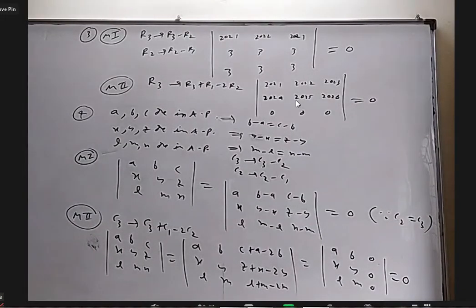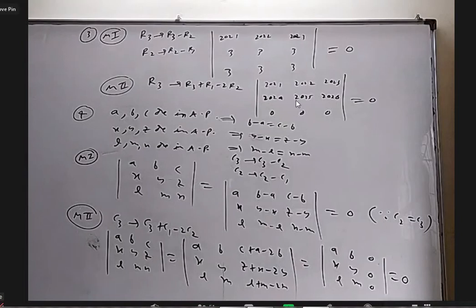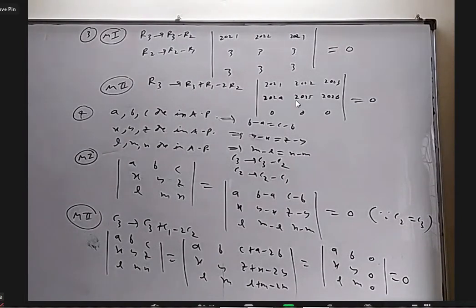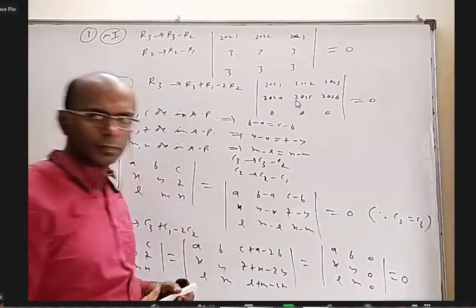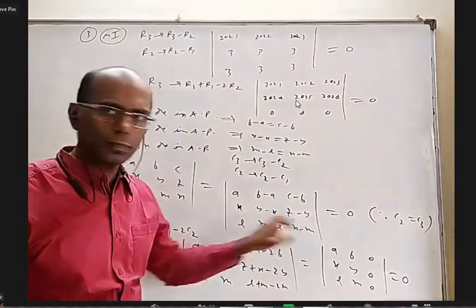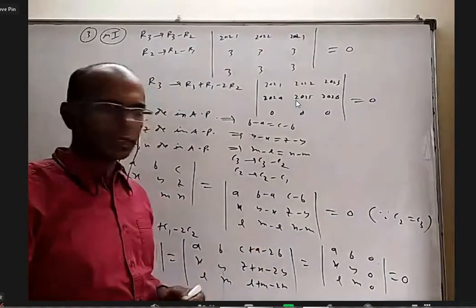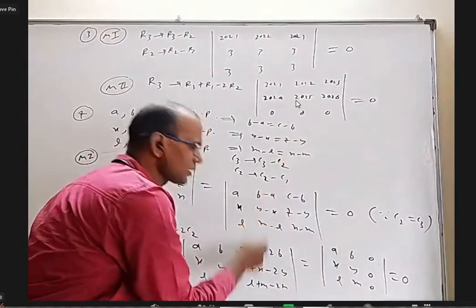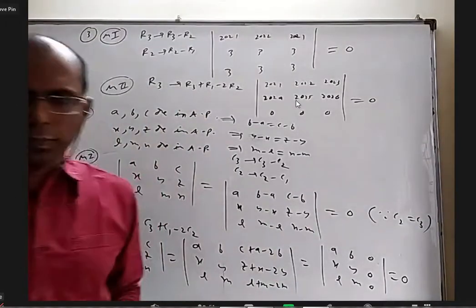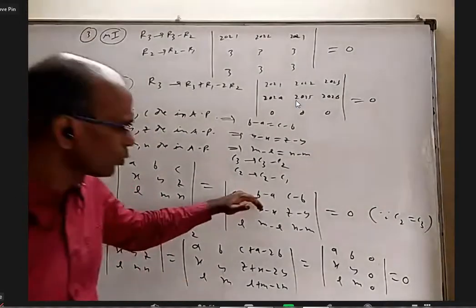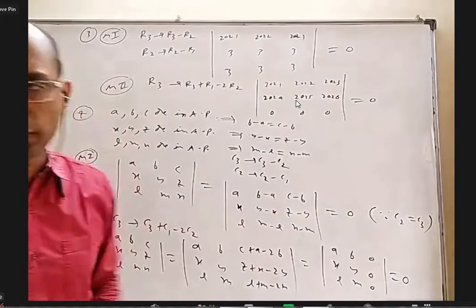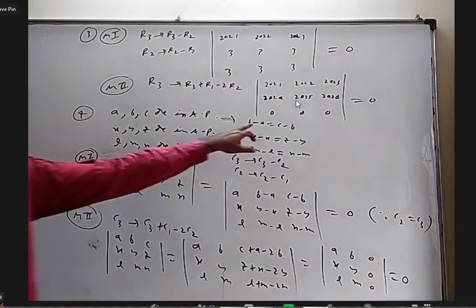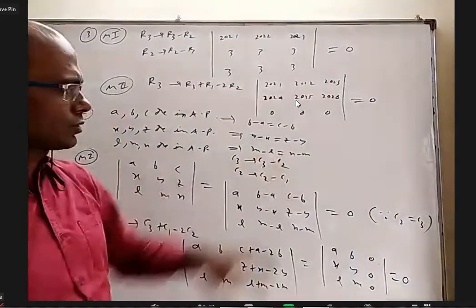Sir, in method 1, in the 3 APs the common difference is different, no, sir? Yeah, but no problem. This and this, are they equal separately? Yes, sir. These two are equal? Yes, sir. These two are equal, right? Yes, sir. Can I say now this whole column is equal? I'm not saying these elements are equal, but this column equals this column. Am I correct? Yes, sir. You may get 2 here, 5 here, 100 here. Here also 2, 5, 100, 2, 5, 100. Two columns are the same, so that is 0. Okay, sir. That's why I wrote here B minus A equal to C minus B, Y minus X equal to Z minus Y.